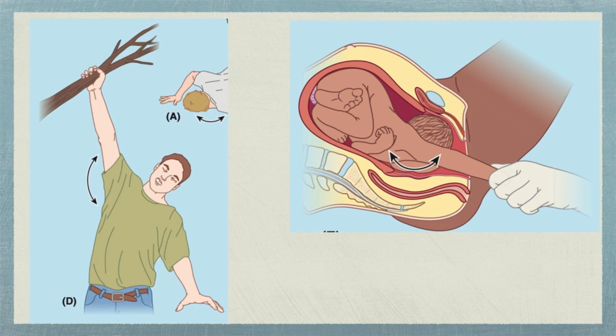Now, the illustration on the right side of the screen shows the other condition in which lower trunk of the brachial plexus may be affected, which is during childbirth. As you can see, the doctor is trying to bring out the child by pulling the hand. As a result, in this condition also hyperabduction may occur and injury to the lower trunk of the brachial plexus may occur, as you can see here.